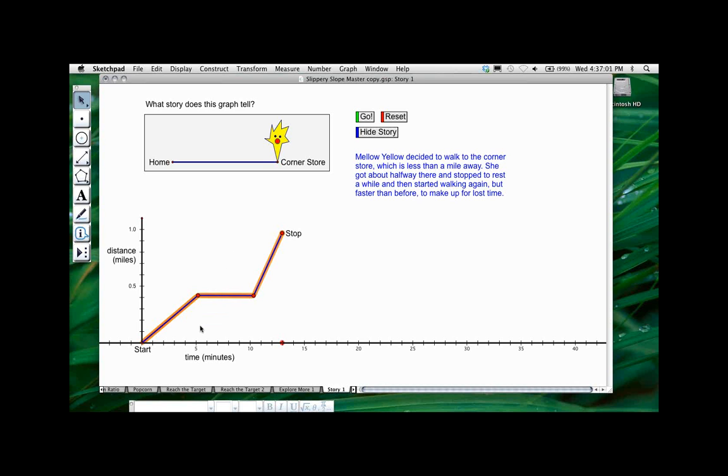Okay. Yeah, so again, one thing you might want to talk about is what does this point mean in the trip? That means that at 5 minutes she was at about 4/10 of a mile from home, and after 10 minutes she was about 4/10 of a mile from home. So she really didn't move at all away from home during that 5 minutes. Okay, so this is story 1. And story 2,